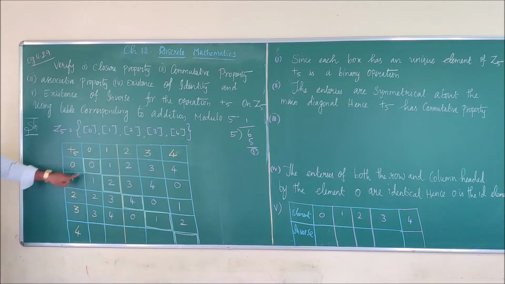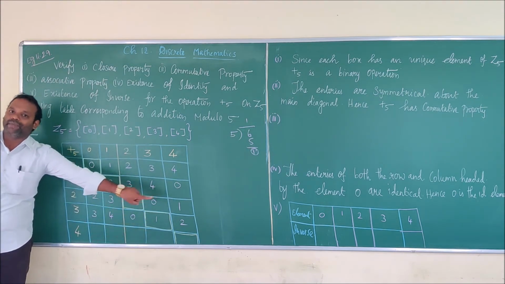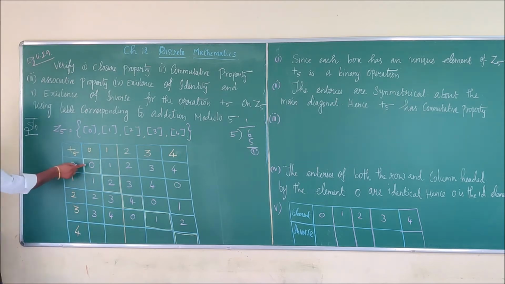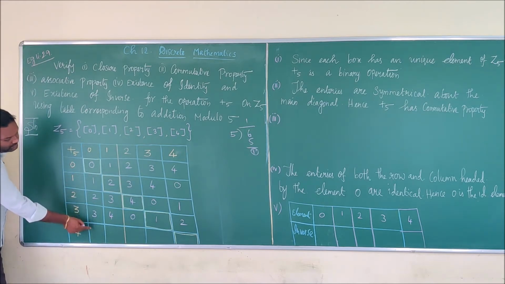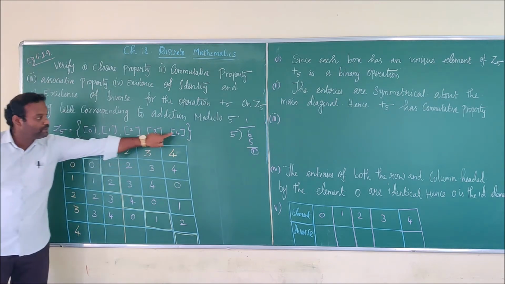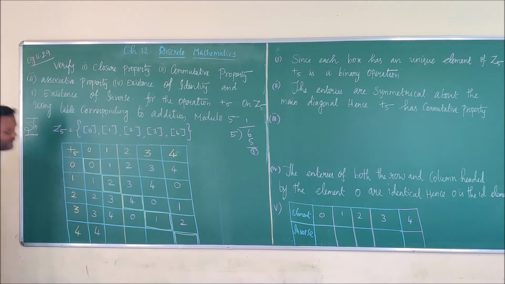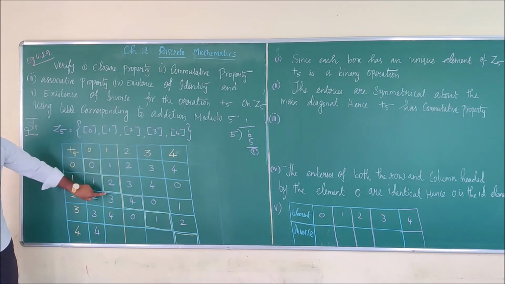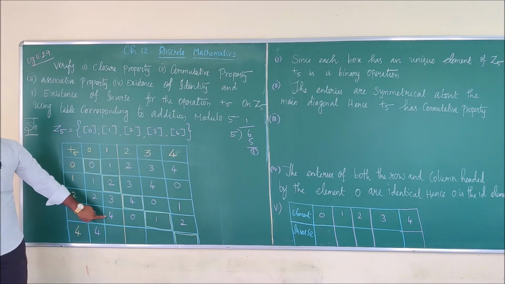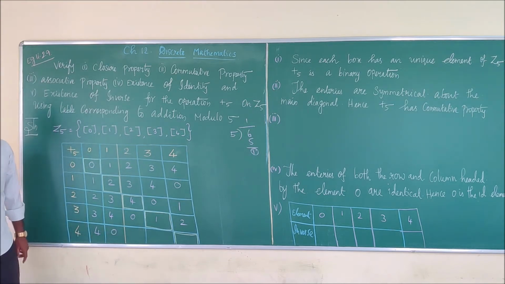Okay. Next, when you observe the column, if you are filling the last row, you just see which number is not present here. Which number is not here? 0 is there, 1 is there, 2 is there, 3 is there, but you are not at all having 4. So you have to fill up with the missing number. Okay, next, see that 1, 2, 3, 4. What have you not written here? 0. So you have to fill up with the 0.